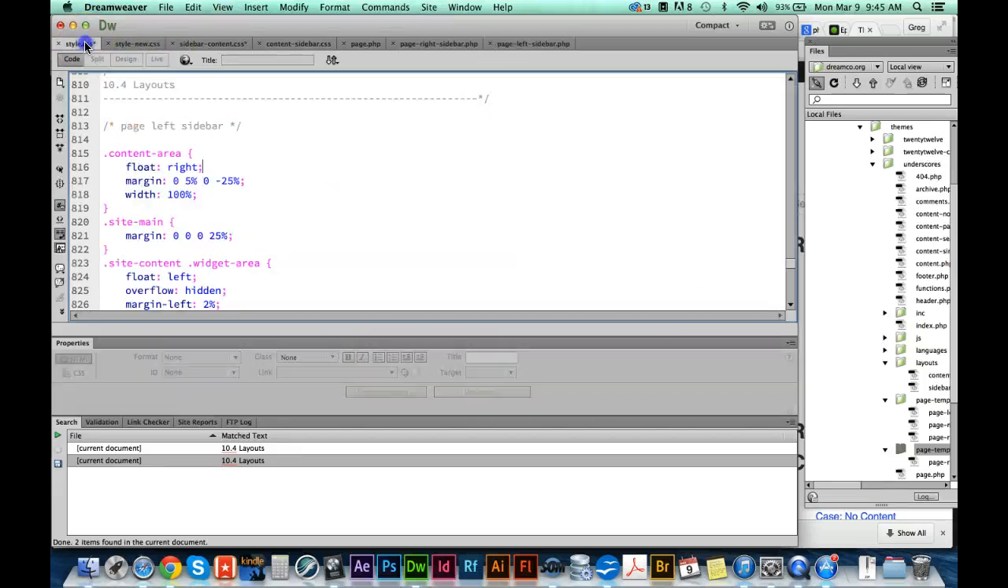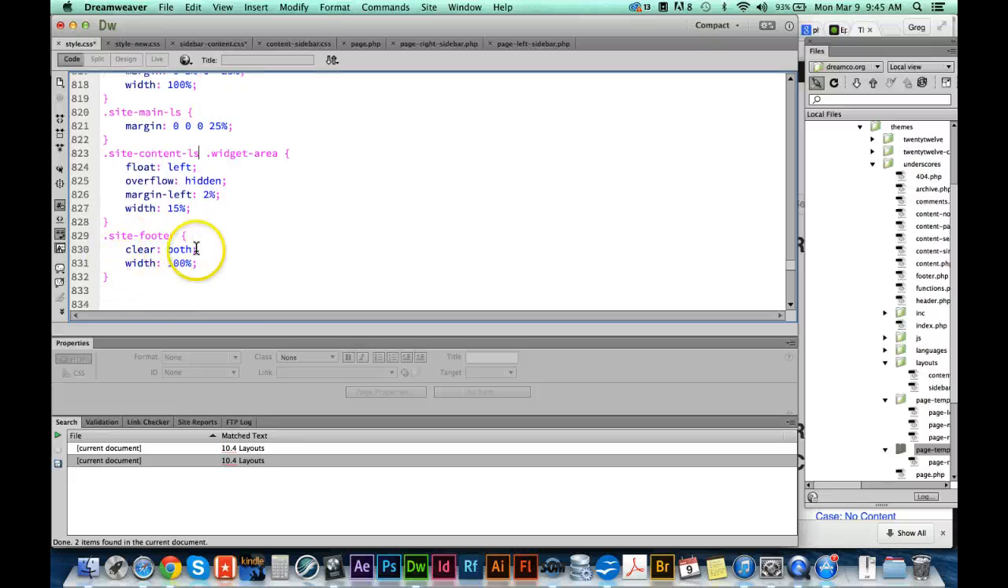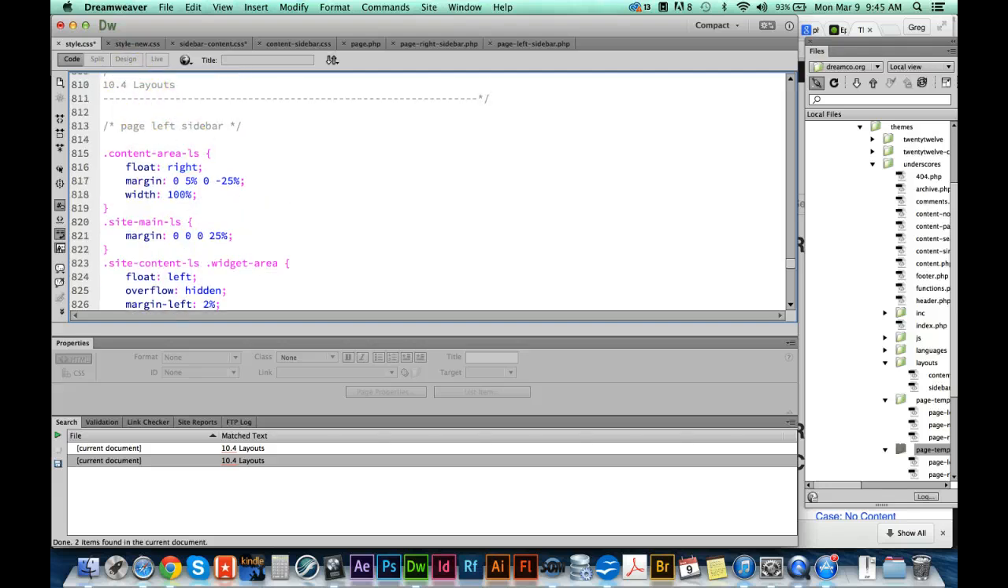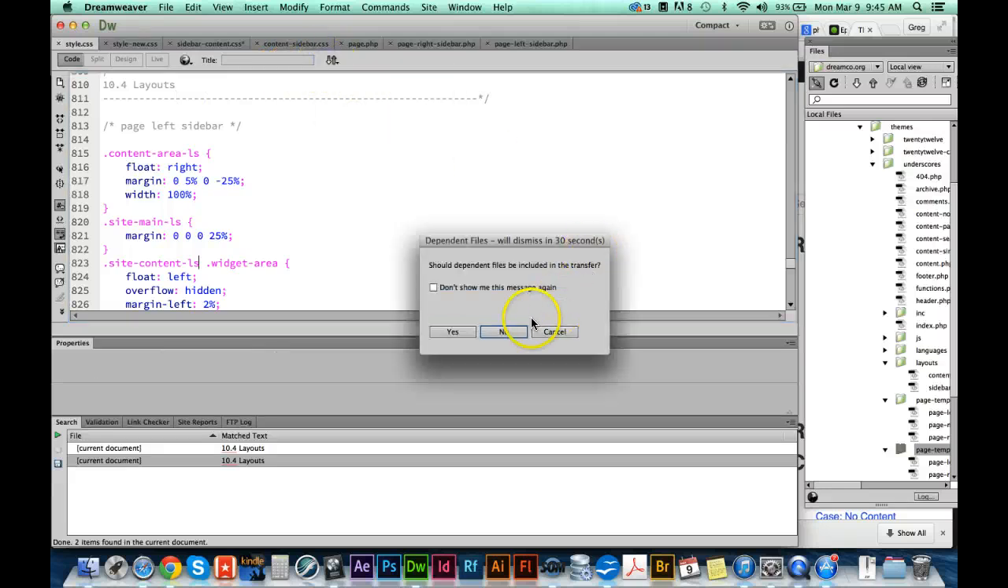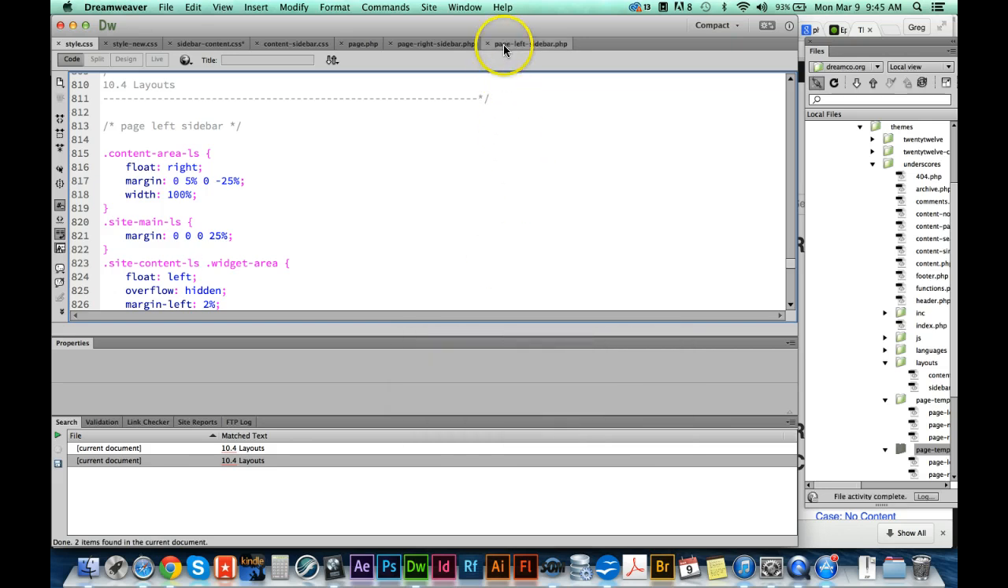Now we can go back to our styles, and we can rename these styles the same way we did with the right sidebar, except we'll call them LS for left sidebar. So it would be that content area, the site main, and the site content widget area. Now notice we're not doing anything with the footer because the footer is fine the way it is. It's just 100% width. Okay, so now we've got that. We can save this, and we can upload it. This is our style sheet. Okay, we can upload our left sidebar template,